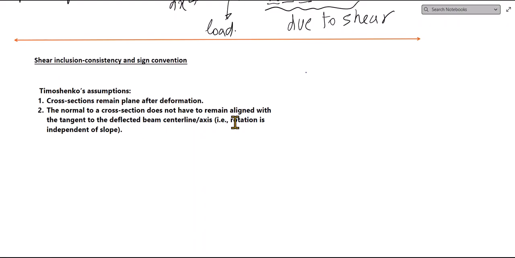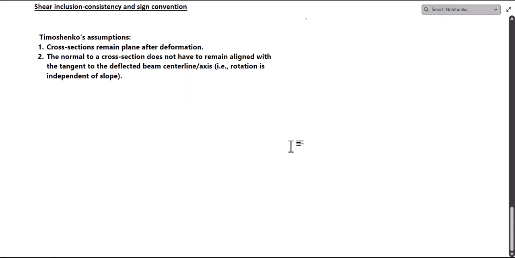This second statement is very similar to saying that in Euler-Bernoulli, we said that the normal cross section to the center line remains normal. But here we say that it doesn't have to remain normal. So there is an extra degree of freedom here that we discussed previously. That's kind of restating the same thing. Now we are looking at the normal to that plane alignment with the tangent to the elastic curve. Okay, so having said that, what I would like to do now is